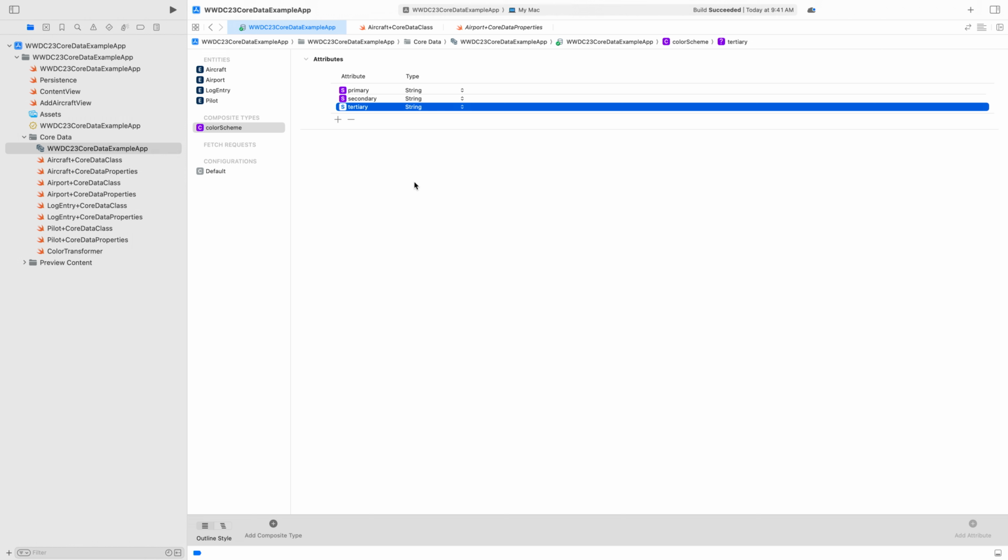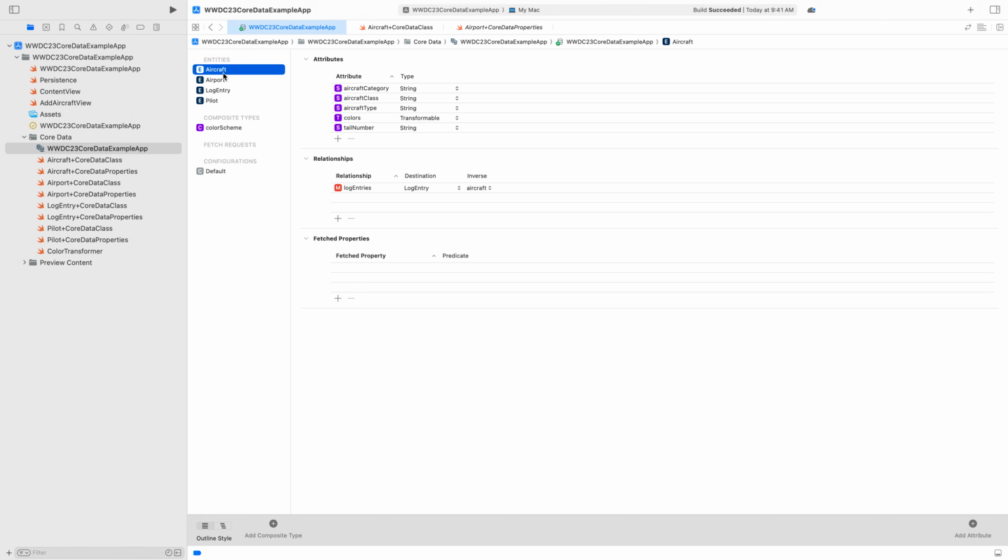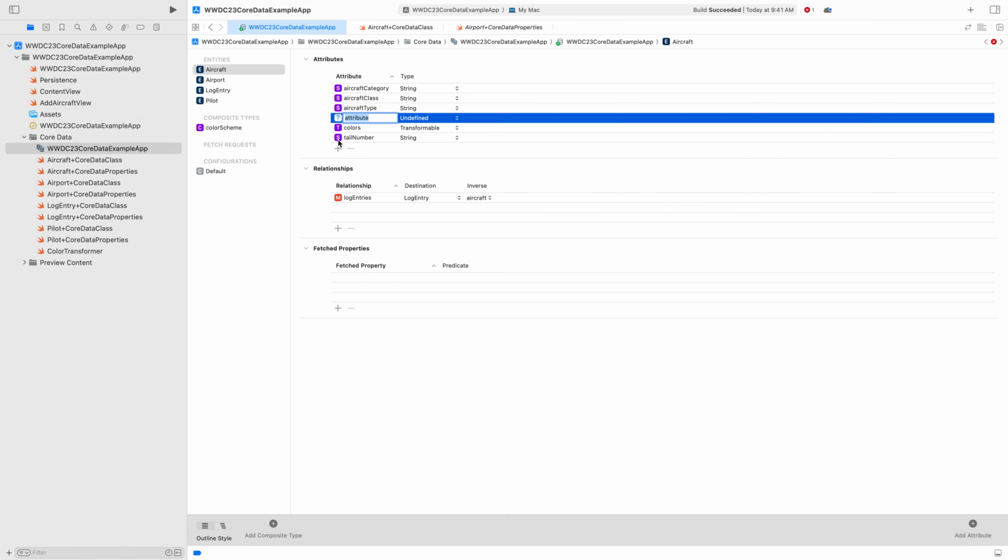In the aircraft entity, I'll add the composite attribute and set the type of that attribute to colorScheme. The work in the model is now complete, and it's time to update the code.